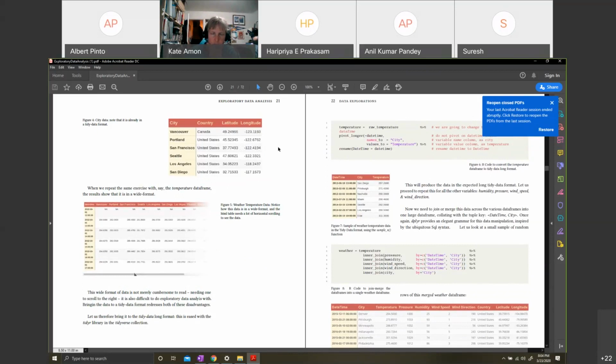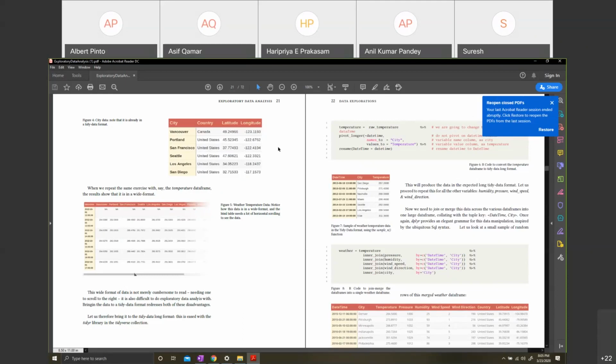Yes, it is tidy. Let's take a city like San Francisco. Don't we have all the features of San Francisco in columns? The country, the latitude, the longitude. No grouping by country. It's just looking at rows of data and asking, is each row about one particular context?